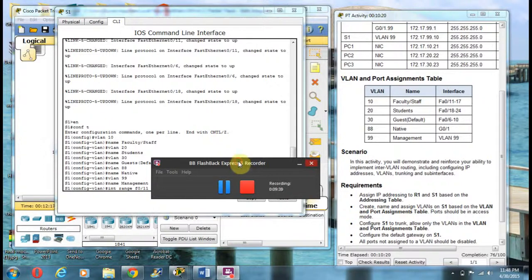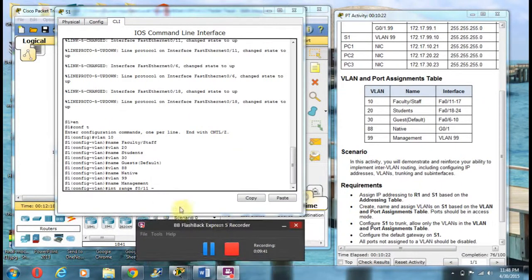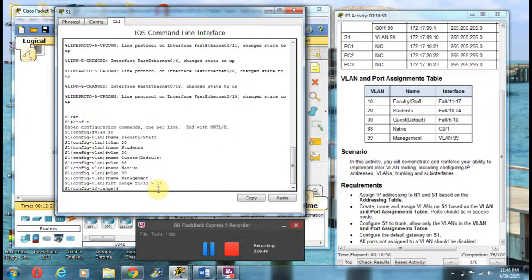So continuing on with the interfaces, you guys start from top to bottom on this. We're just going to do the interface ranges really quick. Interface range F0/11-17, and the very important part of doing ranges is making sure you have access. So do